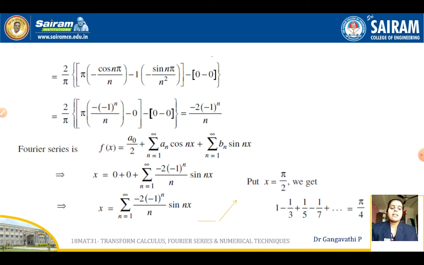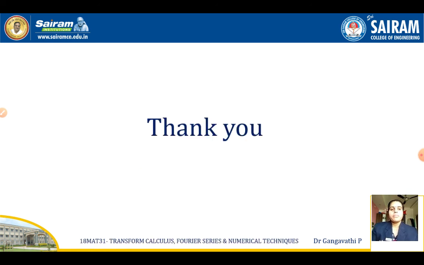So that is the reason the value which we can substitute is x is equal to pi by 2, specifically when we have sine terms. So do remember that x is equal to pi by 2 is the value we are substituting. And expanding for different values of n, we get this expansion. So this is how we need to obtain the Fourier series expansions and the required answers.